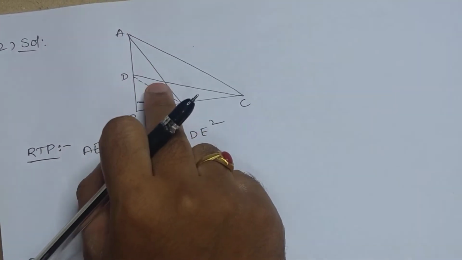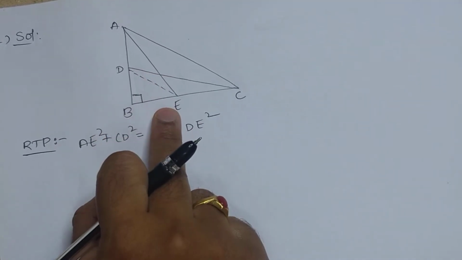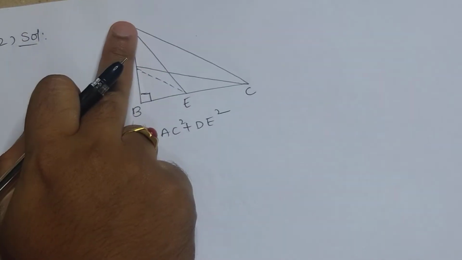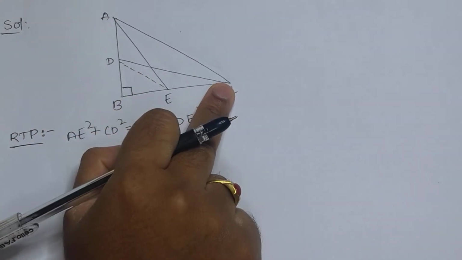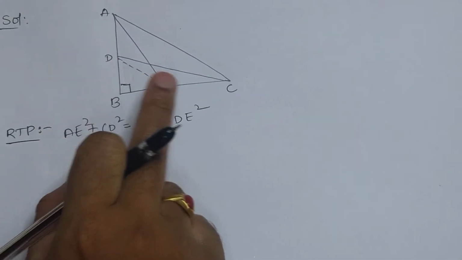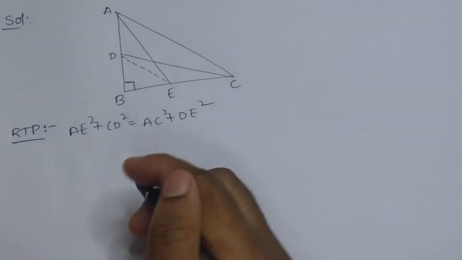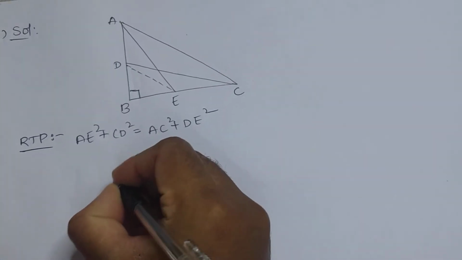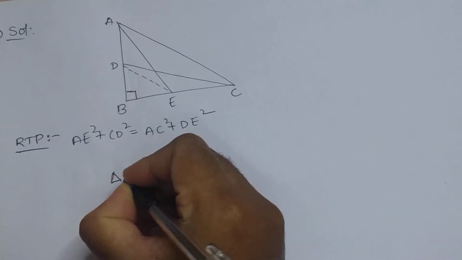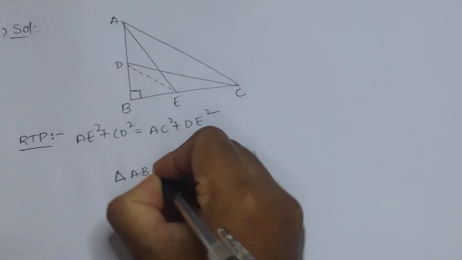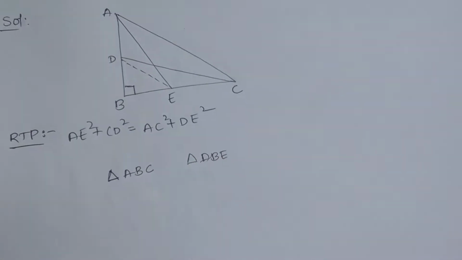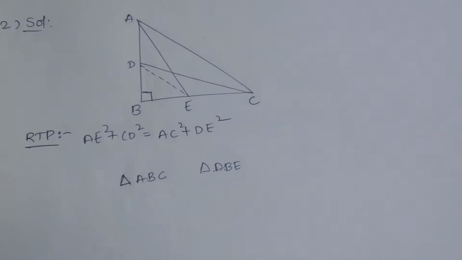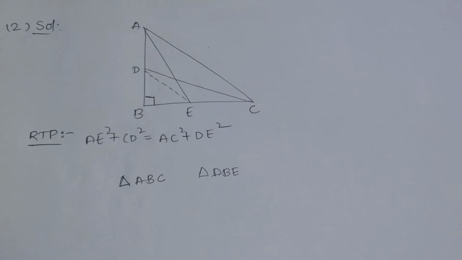how many right angle triangles are formed in the figure? When you see here, from the vertex A, triangle ABC is a right angle triangle and triangle ABE is also a right angle triangle. So first let's write the right angle triangles formed in the figure. Triangle ABC and triangle ABE. Correct? After that, from the point D.